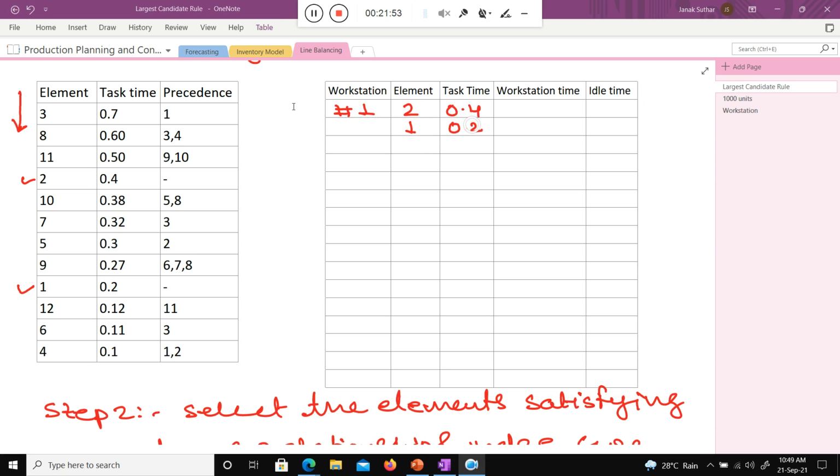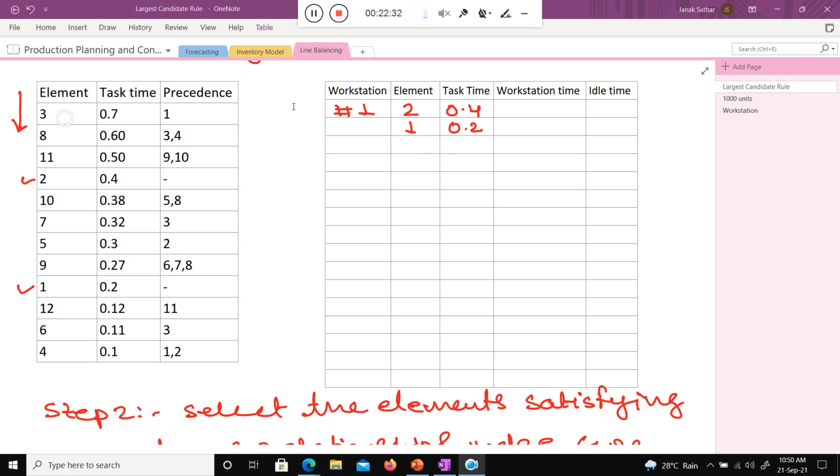So that is the step 2 criterion: your workstation time should not exceed the cycle time. Why it should not exceed, I will discuss after completing this numerical. Cycle time is the maximum time. You cannot put an activity that makes it more than the cycle time. If you do, you will not produce as per the customer demand, and you are unable to produce within the cycle time. I will discuss that point.